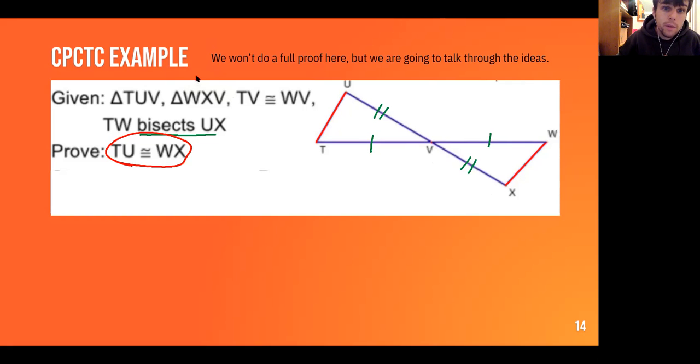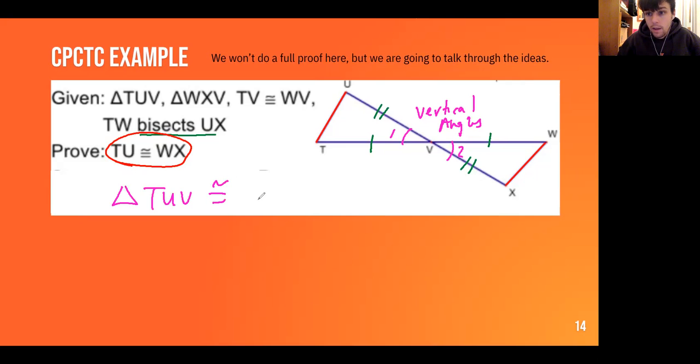Good. Well, the only thing missing here, we have two side pairs that are congruent, is we can use vertical angles to state that this angle right in here and this angle here, we can call them 1 and 2, are vertical angles. And then that gives us enough to use side angle side triangle congruence. So from that information, we can say that triangle TUV is congruent to triangle WXV by SAS